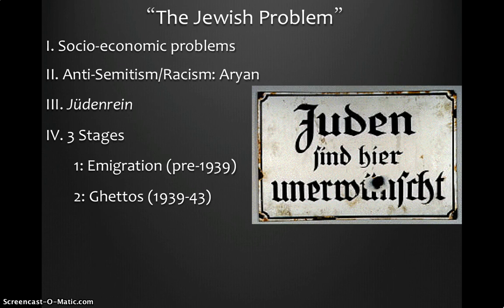And created checkpoints. Everyone who was Jewish had to not only register but relocate there, even if they didn't live in that part of town. So that's stage two, the ghettoization, the concentration of Jews in many of the cities. And then, obviously, the last part of that, the third stage, would be the utilization of camps, particularly beginning in 1941. 1941 is usually considered the beginning date of what's known as the final solution,